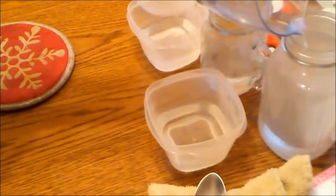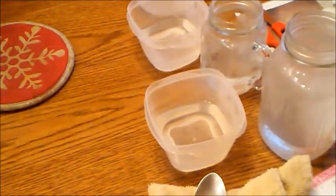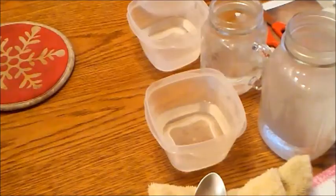This one I'm going to put a little bit more because it is a bigger container. And this one's going to need more. Hopefully it works. You know, I'm starting to wonder about...